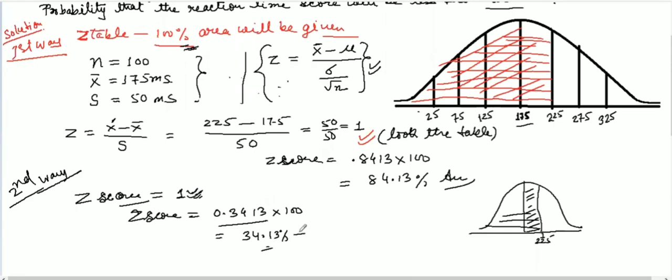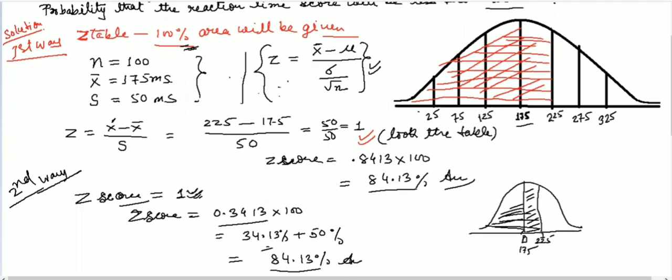So you have to add 50% from this is the 0. So this is 0, it means your mean is 175. So this area is not provided, so you have to add 50% of the data here. So 34.13 plus 50% will give you 84.13%. So same answer from a different table. With the 100% table it is straight away, but for the 50% table, whatever your data is, you have to add 50%.